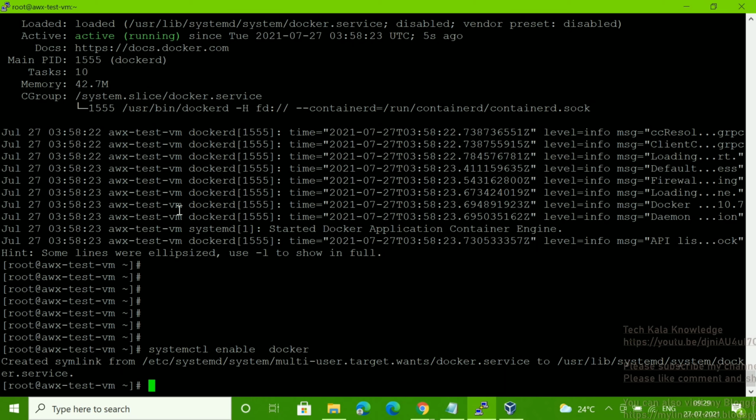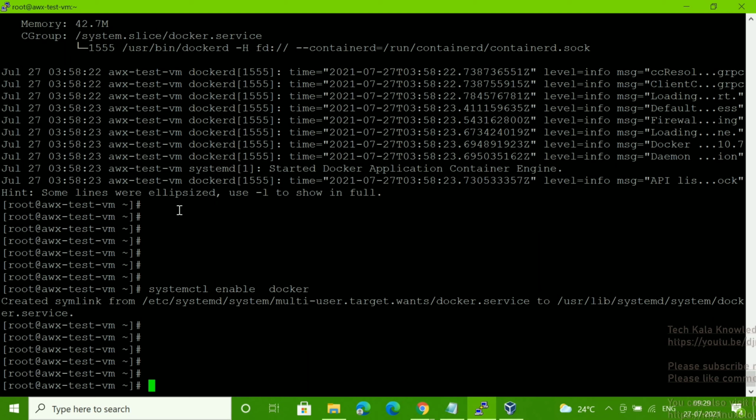Okay, fine. Now we have to install Docker Compose. So we will use the command pip3. One second, why is it slow? Actually, this server is running lots of things, so that's why it's slow.